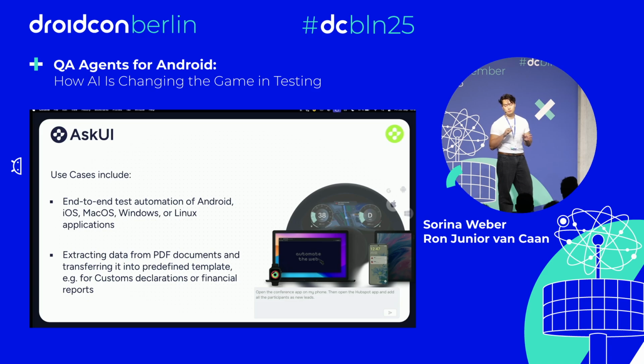Another use case that we are identifying in the market is moving data from PDFs into legacy systems, or from legacy systems into different systems that have no API. Currently, humans read from PDFs or files and type everything in manually. That's still happening in this world. You wouldn't guess, but it's still happening. With AskUI, we can read the document and type everything into a dedicated system where no API is there. That's something you could use AskUI for.